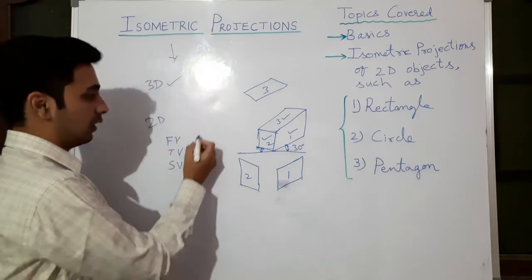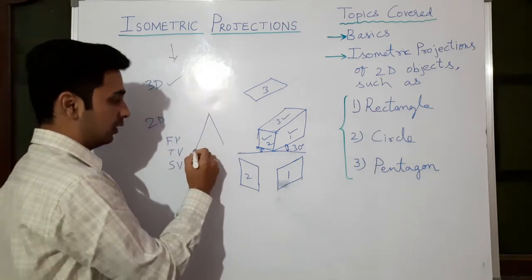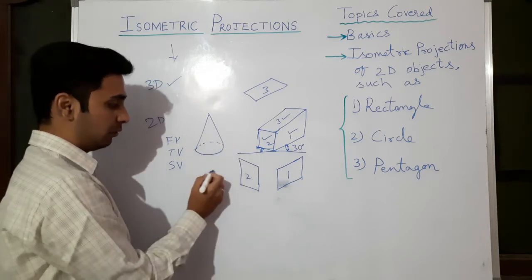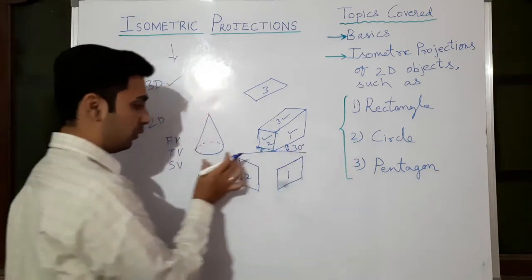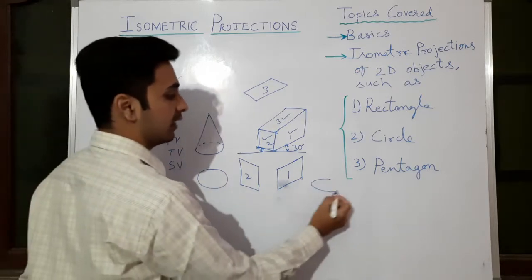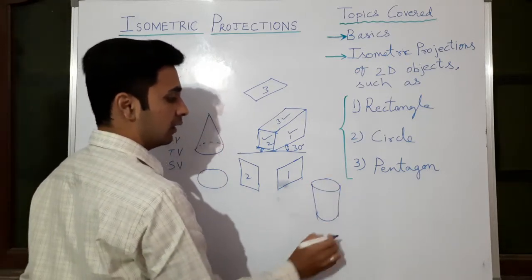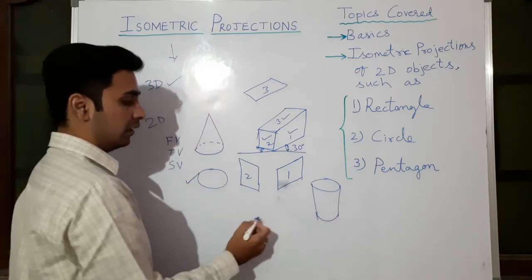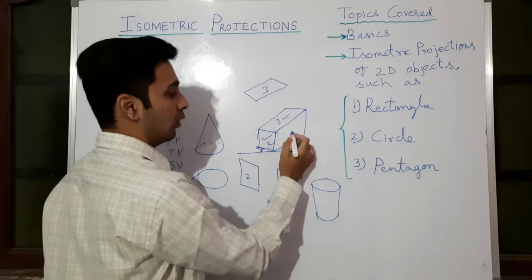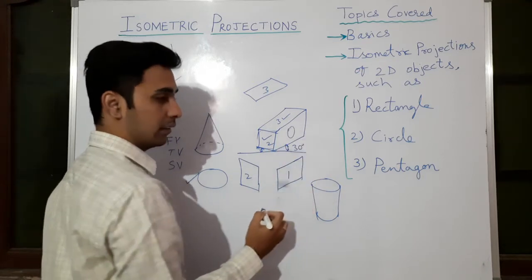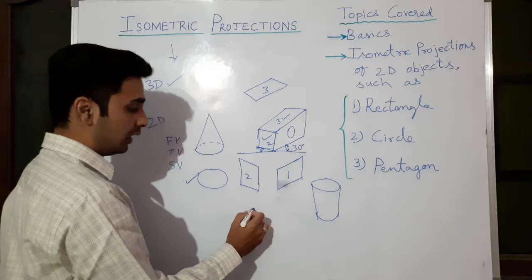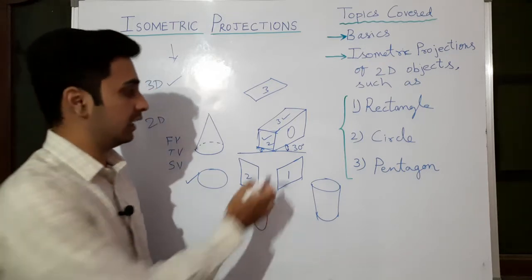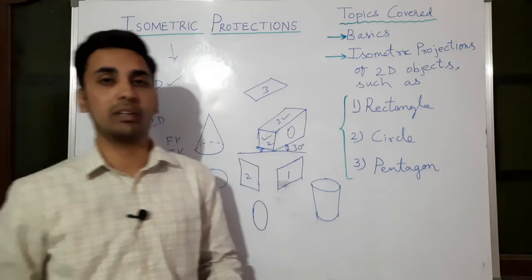Similarly, if you are drawing a 3-dimensional cone like this, for this, what do you need to learn first? You need to learn the circle. Then only you can do the cone, or something such as a cylinder. Cylinder is in this position, so you may require the circle in this way. Suppose the same cuboid has a hole over here like this, in 3D. So you may need the circle in this way. It looks like an ellipse in a 3D diagram, the circles. So all those basics we will see.